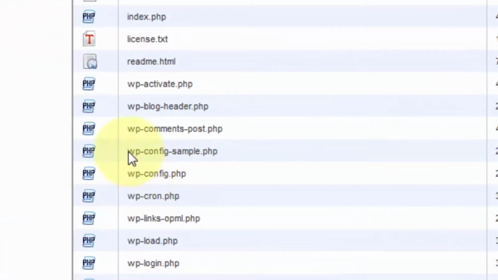wp-config.php file. Now we're not talking about the one that has -sample in it. That's basically just trash right now. We could just delete that and not have to worry about it, but we'll leave it alone for now. The one we're going to be moving is right here,